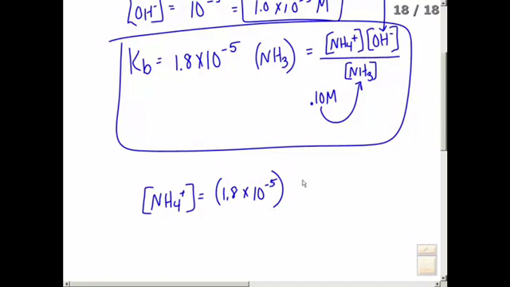And then we got to multiply that by the 0.10 molar up on the numerator. On the denominator you have 1.0 times 10 to the negative 5. Right? So think about how you would flip and rearrange this whole formula to solve for the ammonium ion, okay? So basically that's what they're trying to do. Alright, so they just flipped and rearranged the formula, and when you are careful and you do a good job, you should get